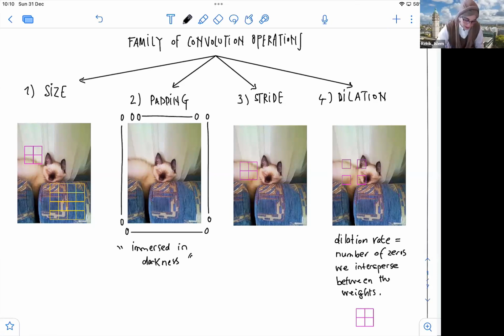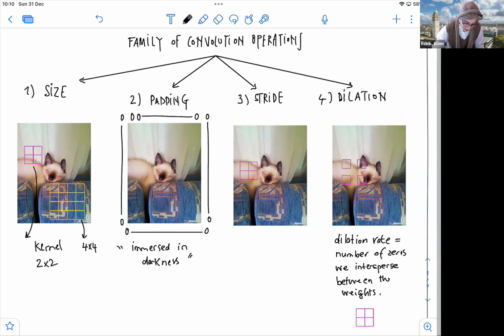So first is the size of the filter. Here, the size of the filter is the dimension of the kernel. The kernel here is a two-dimensional kernel. For example, it's 2 by 2. This one is 4 by 4. So the size of the kernel is important as a hyperparameter. How are you going to fix the size of the kernel? The second thing is that